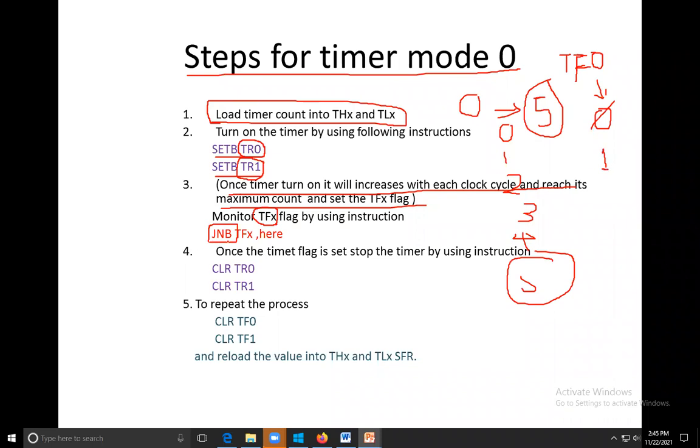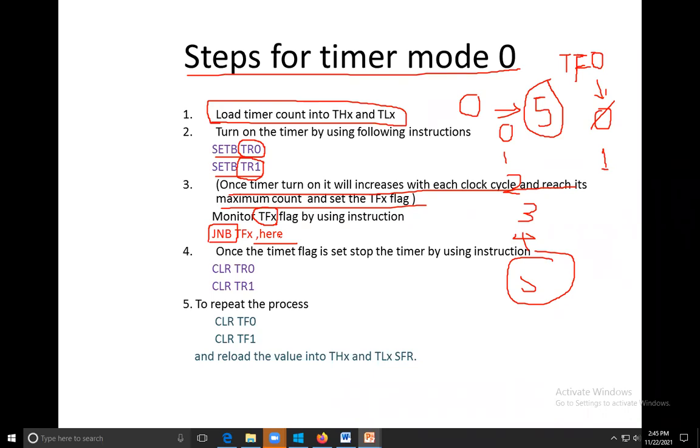Jump if not bit means if your bit is not set, go to the label where some instructions are written. If up to this 5 the flag is set, that means TF is equal to 1, so the timer counting will stop.